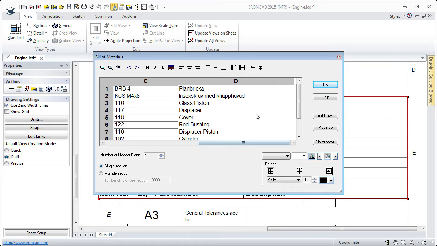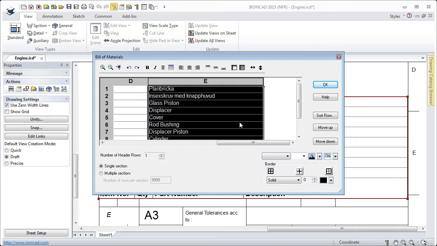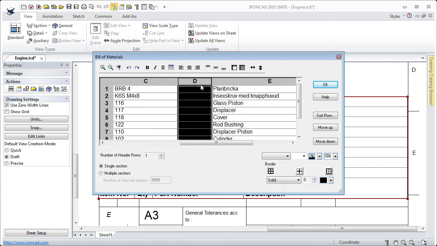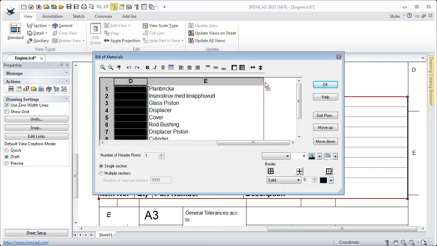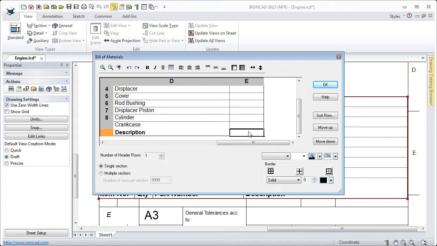And we will add a column. I will select this D column, right click and insert a column, and the new column will be placed to the left of the selected one. So I'll select a new one, grab, and I will drag it to the right, and when we see the red vertical line I will drop it here like so. And in this column we could add for instance materials,